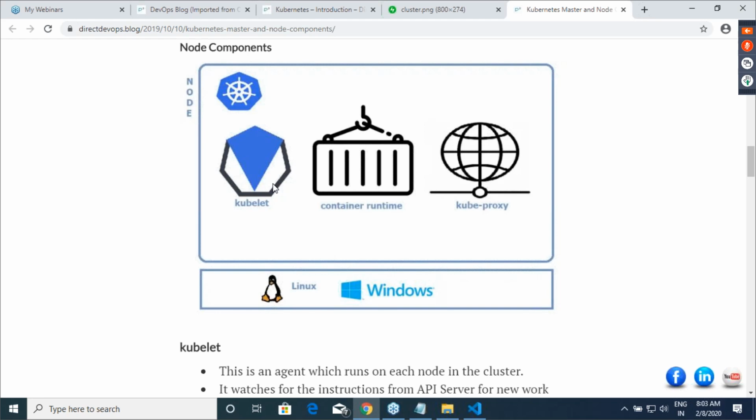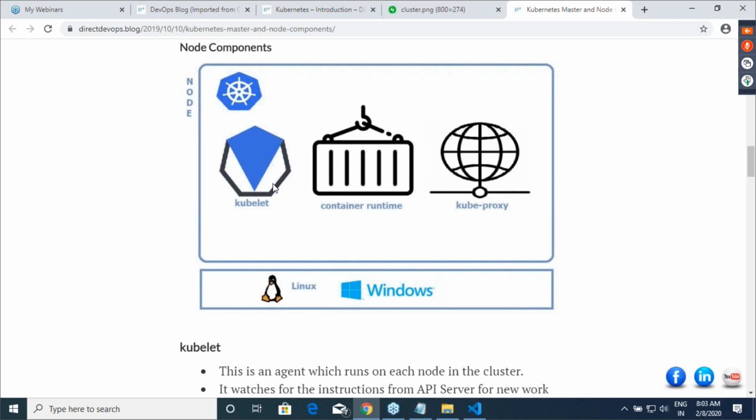Right? Like Kattappa in Bahubali. Even if he is asked to murder someone, it is okay to do that. So kubelet will not make any decisions. It will just follow instructions. Clear on this? So if the container is dead in there, it will not say okay, container is dead, let me launch another. No, it will inform the master.